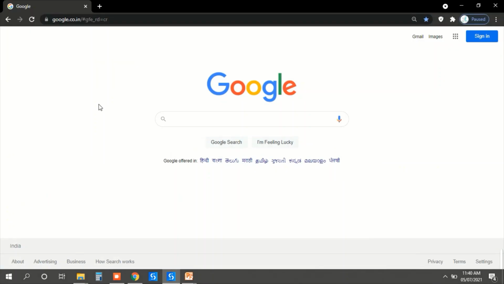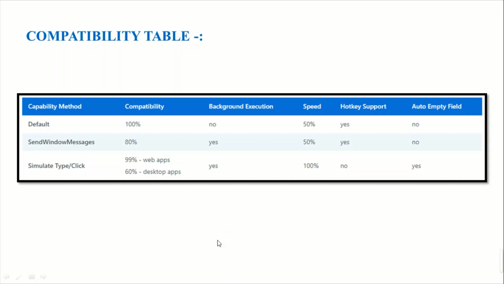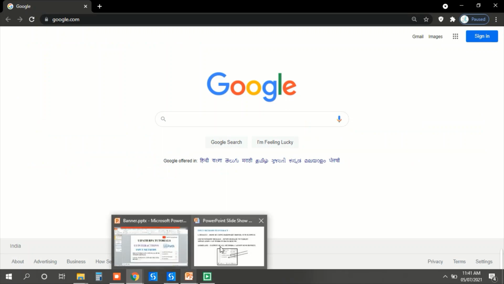It will open another browser, not this browser, and I will forcefully close it and see if it types UiPath community or not, as we have executed the default method. Okay, here it opened Google. I am forcefully opening another application.